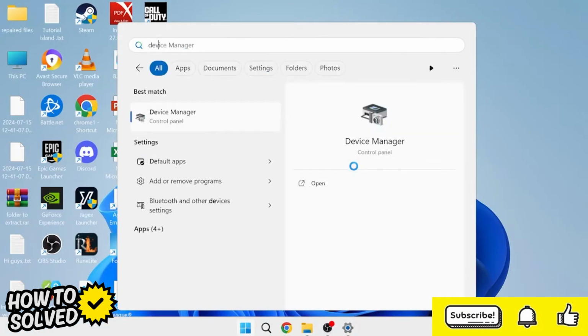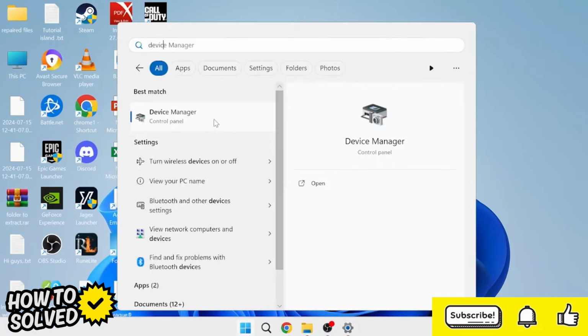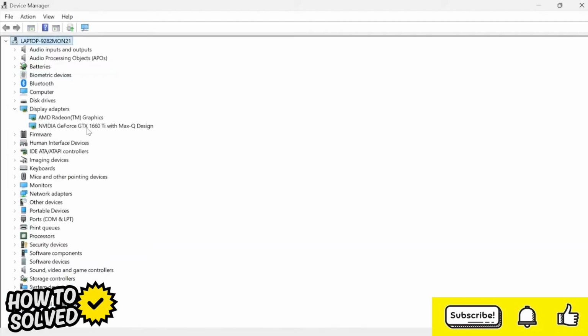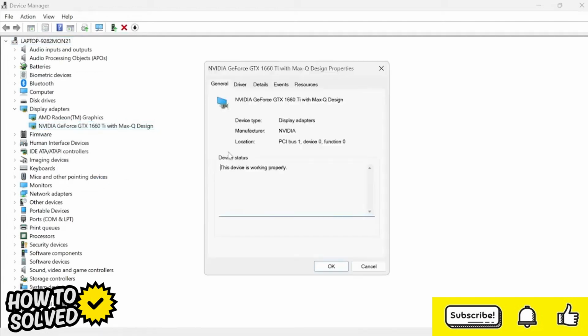menu and just search for device manager. Then click on device manager here. And from this list, we need to come down to display adapters and expand this, and you need to locate your GPU inside of here. So my graphics card that I'm currently using is this NVIDIA one. So I'm just going to right click on this and come over to properties, and then you'll need to come